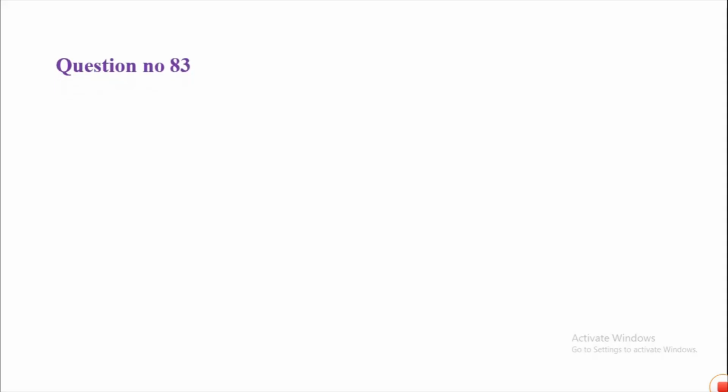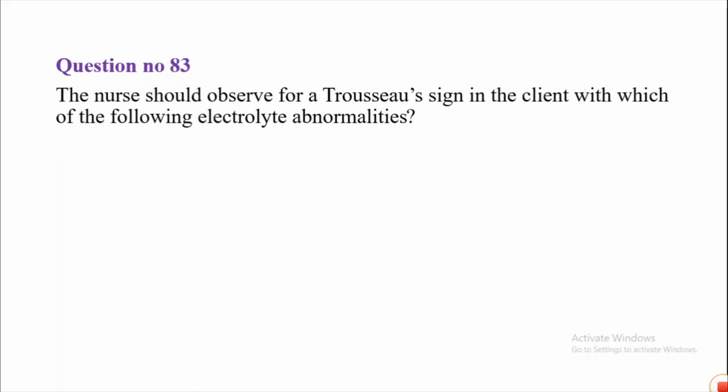Question number 83. The nurse should observe for a Trousseau sign in the client with which of the following electrolyte abnormalities. The options are number A, hypocalcemia, number B, hyponatremia, number C,